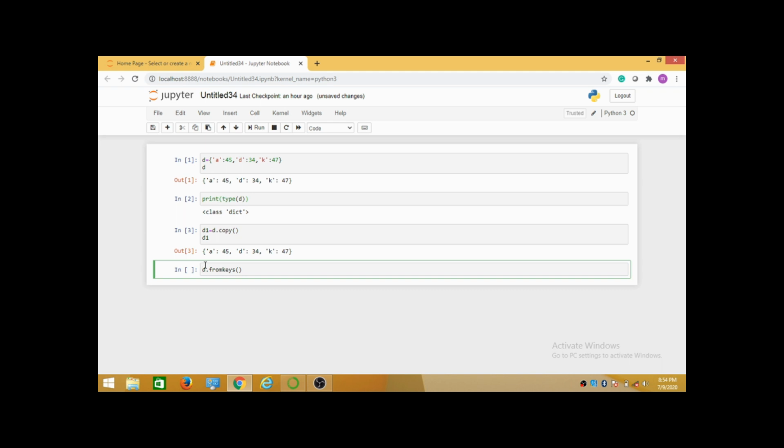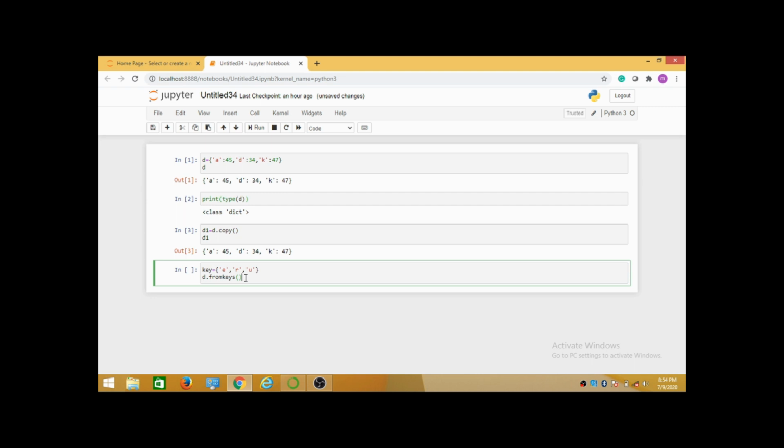For that, first of all I have to give the key values. So here I am giving key equal to, and I am giving my key values here, e comma r comma, whatever you want, you just give those values here. It is not mandatory that you give these values. You just give according to yourself.